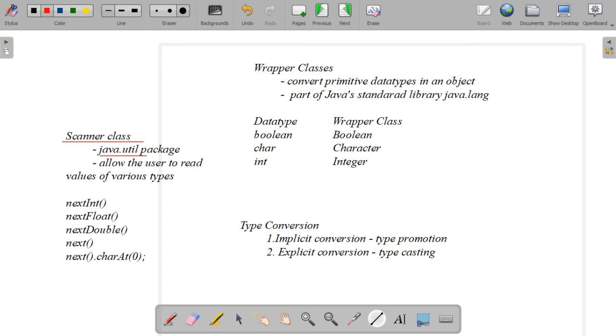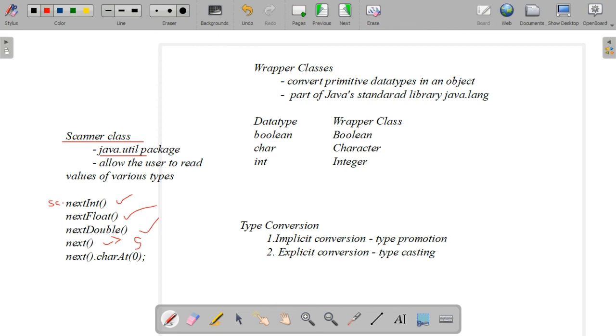So next, let's assume Scanner sc is the object I have created here. sc is the object name. So Scanner sc = new Scanner(System.in) we have created, and if you want to read an integer value, how will you use it? sc.nextInt(); So here we are accessing the method nextInt() by using the dot operator. This method is used to read an integer value, nextFloat() to read a floating value, nextDouble() the same.